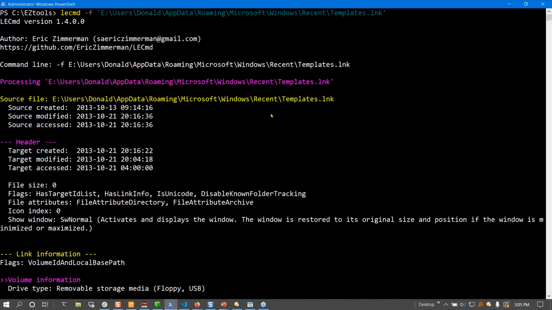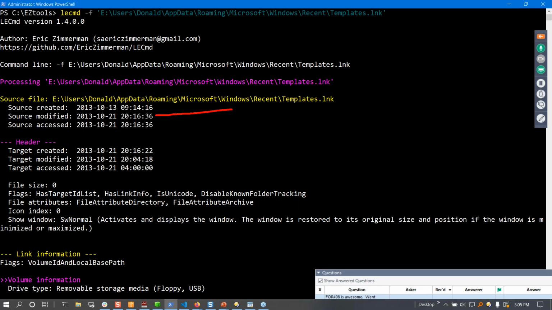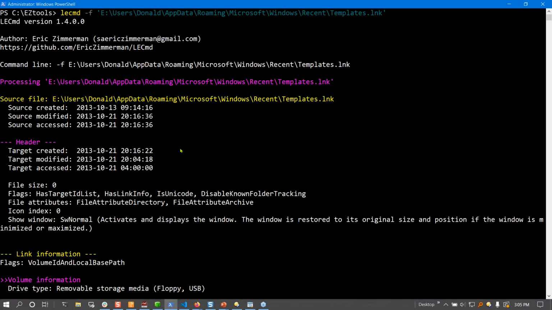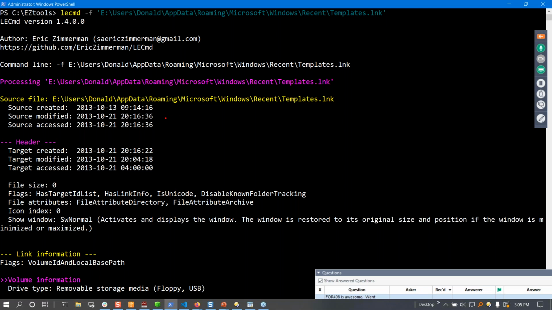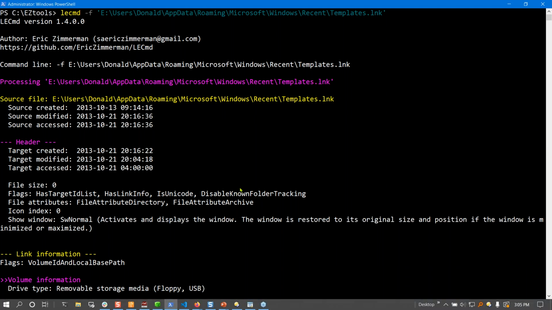Quick look at the information that's returned in this command. So we have source file information. The source in this case is the link file itself, meaning it's that file. The target is the actual file that was opened and its data and timestamps. As I scroll down the page,